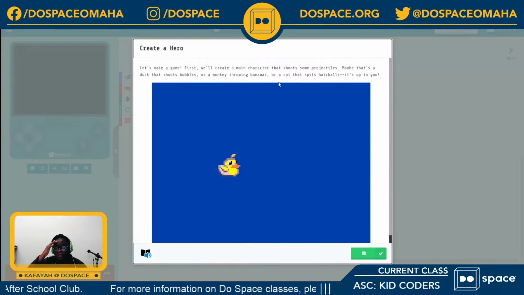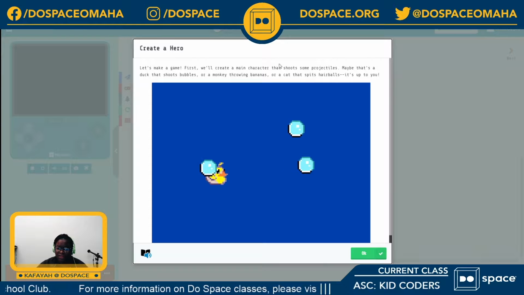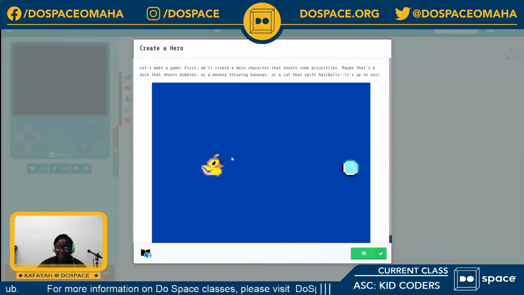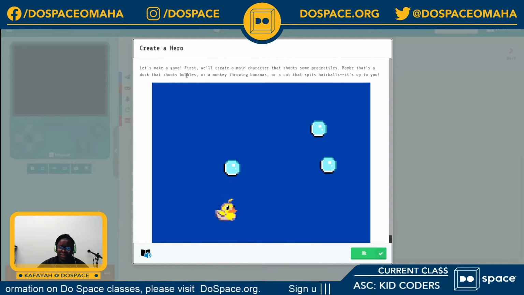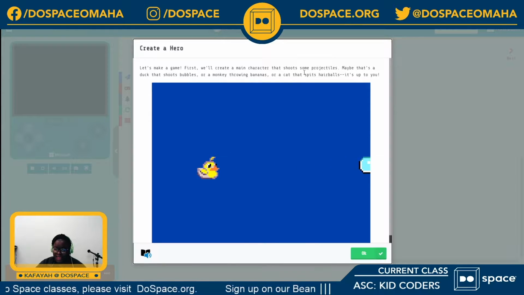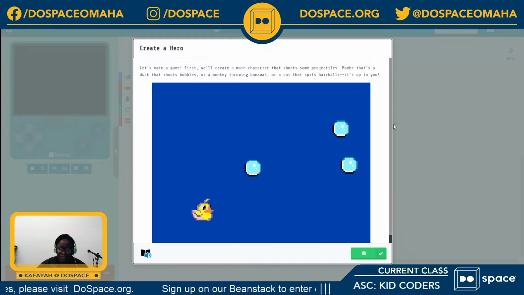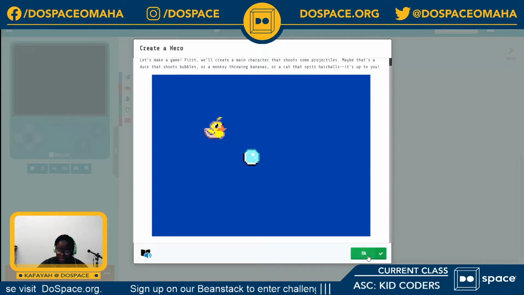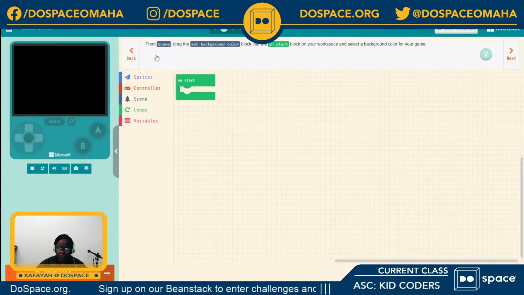First, we'll create a main character that shoots some projectiles, just like we can see this duck do. And maybe that's a duck that shoots bubbles, or a monkey throwing bananas, or a cat that spits hairballs. Okay, that's something cats can do. You get to decide. Okay, cool. So, of course, we have the steps and we follow.